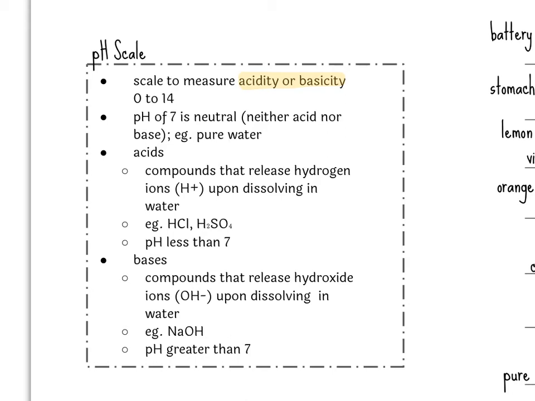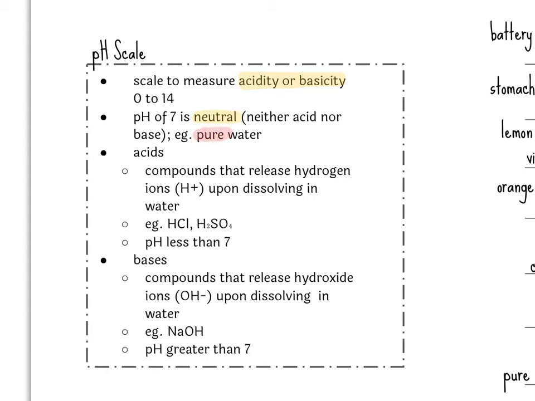So what's halfway between 0 and 14? 7. A pH of 7 is known to be neutral. It's not an acid or a base. It's neither. It's neutral. An example of this would be pure water. And that word pure is very important because